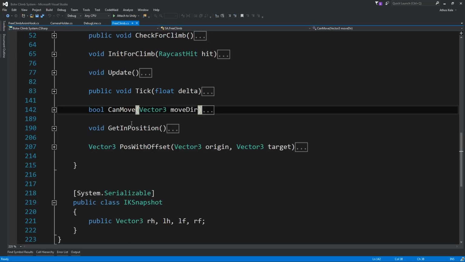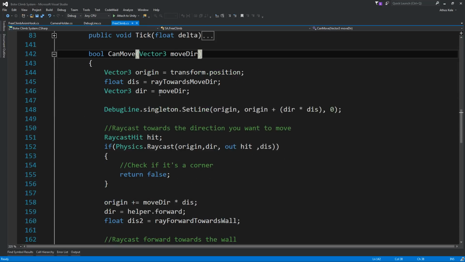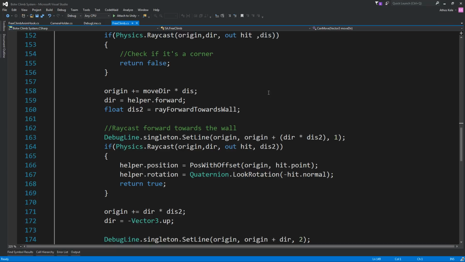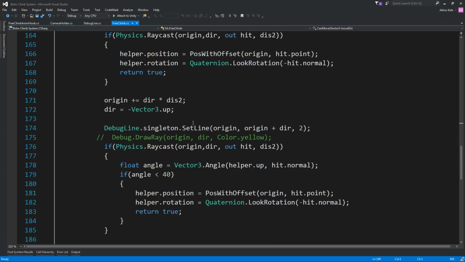Okay, let's collapse everything and then open the can move. Okay, ray towards move direction, ray towards the wall, and if it doesn't hit something, then we are doing